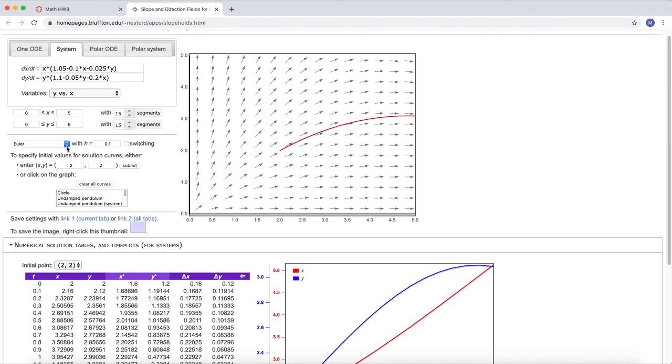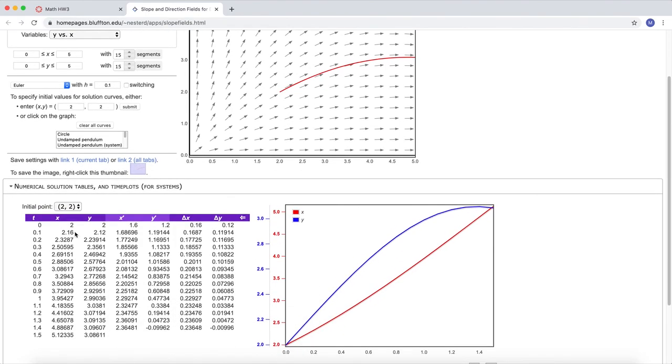And since I've got it set on Euler's method and I've got the dt that I'm looking for, I would have this whole timetable. This is all the stuff that's being asked for by hand for Euler's method on a 2D system, but it's nice to have this double check by using this.